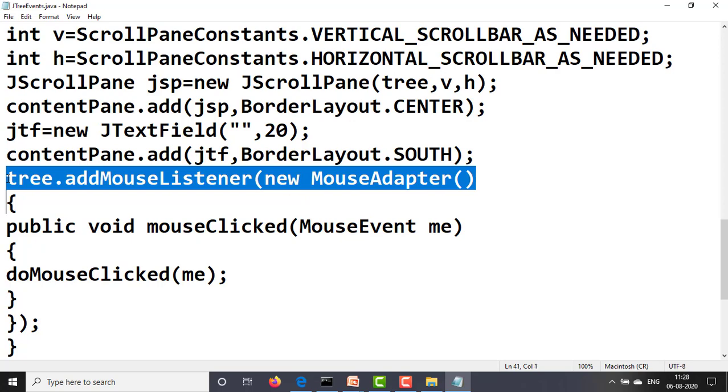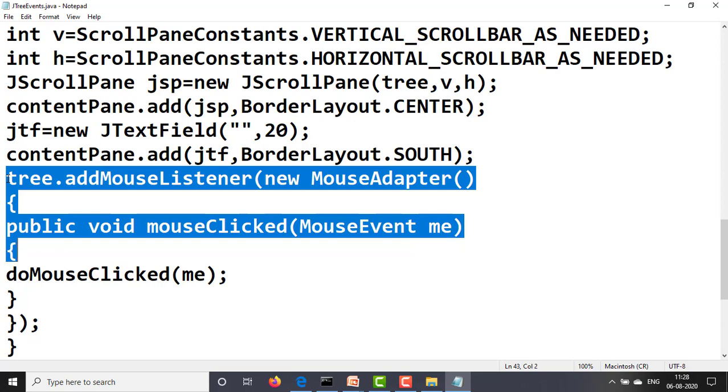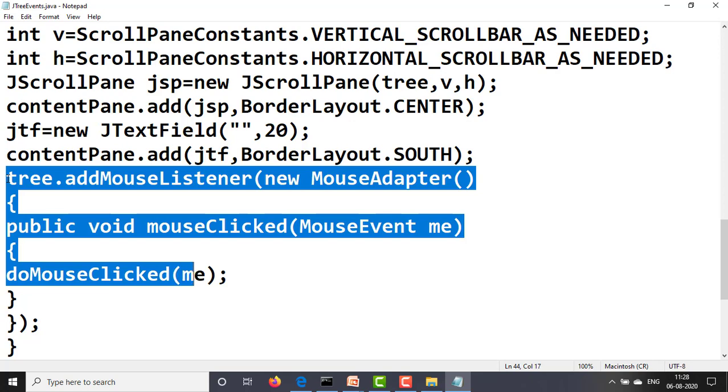Here open curly bracket, public void mouseClicked method, the mouseClicked method of MouseAdapter, and the mouse object is passed, the class MouseEvent me. In its body, open the curly bracket, doMouseClicked, a user defined method, we are passing the me.